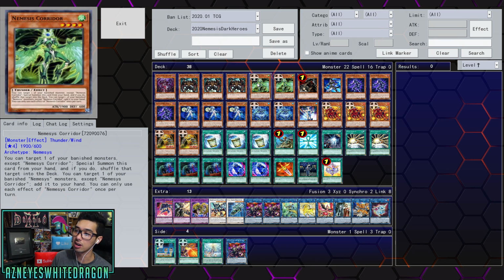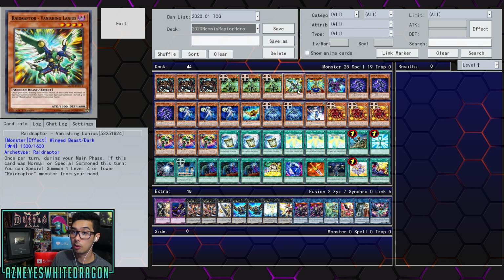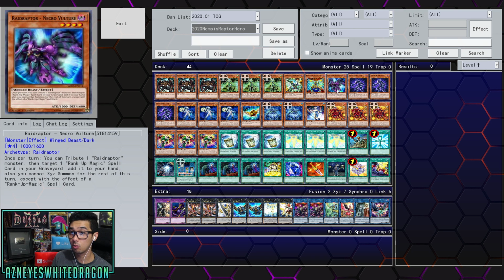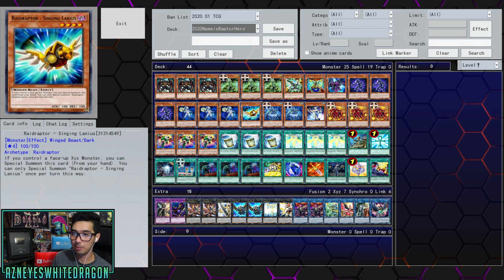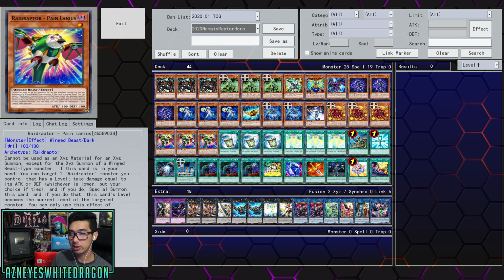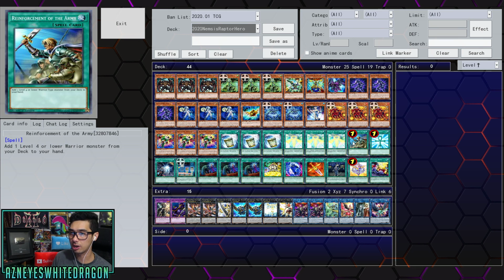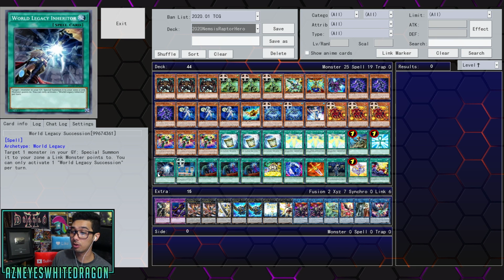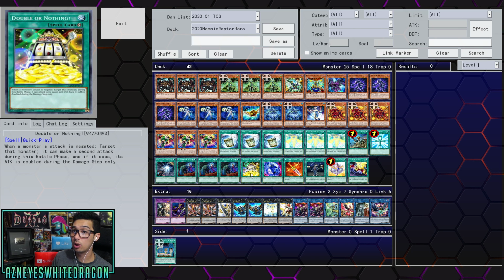And then for the Raid Raptor build over here, we got 3 Mally, 3 copies of Corridor, 1 copy of Vanishing, 1 copy of Mimicry, 1 Necro Vulture, 3 copies of Violent, 3 copies of Connector, 1 copy of Seeing Lanius, 2 copies of Umbrella, 1 copy of Aqua Dolphin, 3 copies of the Flag, 3 copies of Pain Lanius, 3 copies of Instant Fusion, 3 copies of Soul Shave Force, 1 copy of Reinforcement of the Army, 1 Reborn Inheritor, this is just used for Master Rule, and then 3 copies of Call, 1 Double or Nothing,